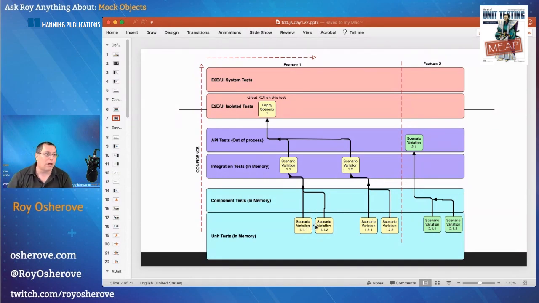What's very common for a lot of companies is they say, well, we prefer end-to-end tests. First of all, it's easier for us to write. So then they go and they write all of the scenarios only on this level right here. And then they would end up with a lot of end-to-end tests and almost no unit tests.